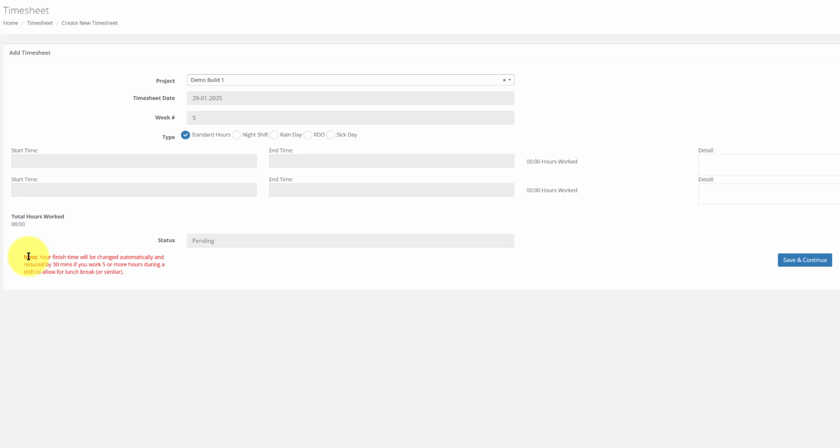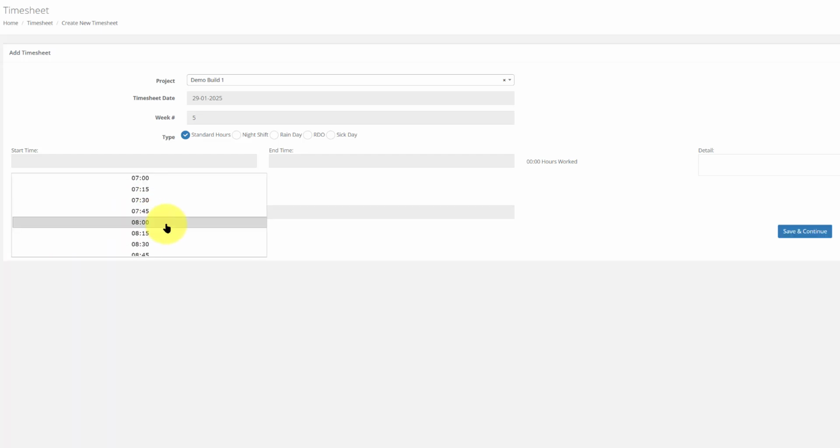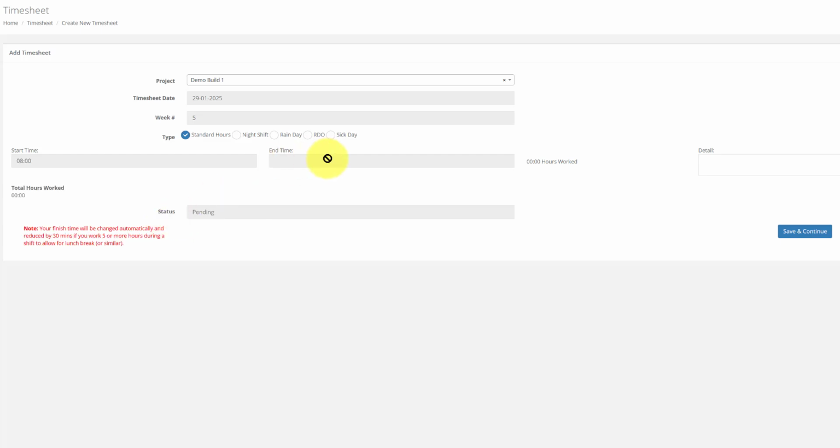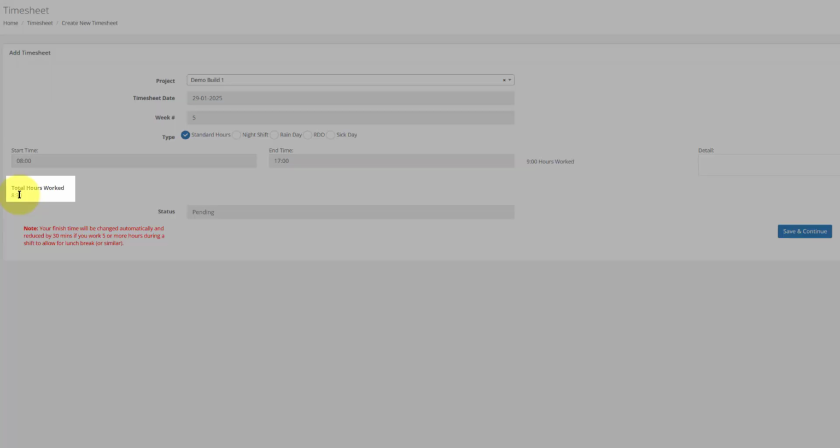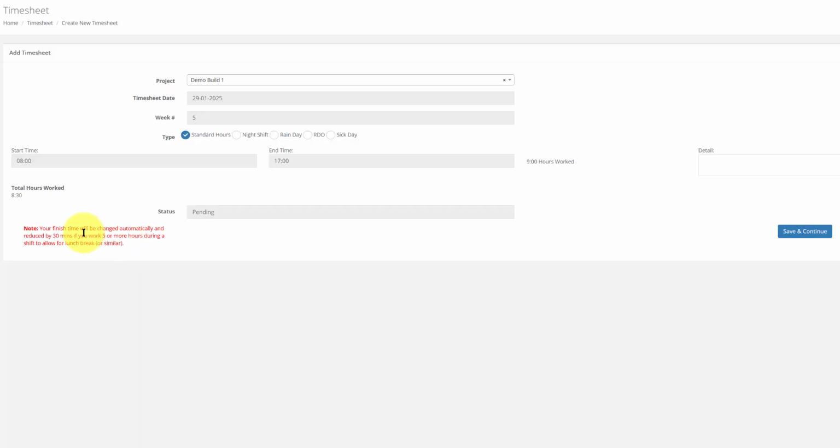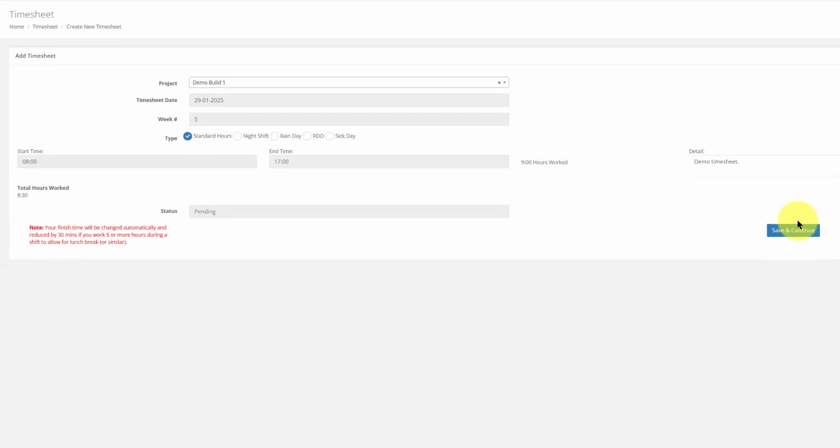This happens automatically, okay? So my start time was 0800 and my end time was 1700. So as you can see here, 9 hours worked, and then the total hours worked 8.5 because I worked over 5 hours today, so it's reduced by 30 minutes. So I'm just going to add the demo timesheet into the detail, then I click on Save and Continue,